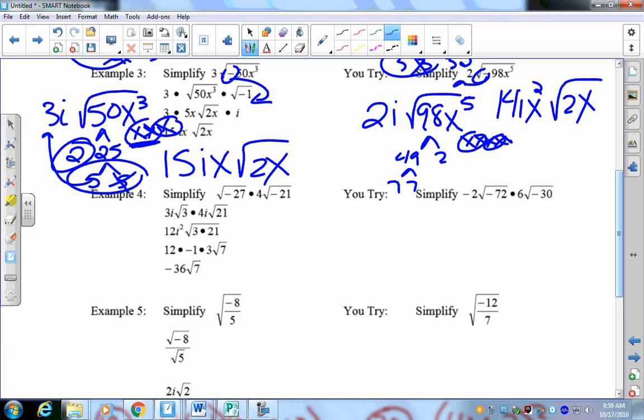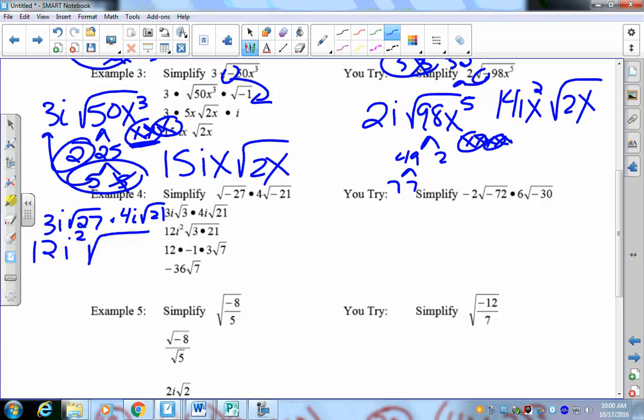It will make a huge difference if you don't. Okay, I cannot just simplify numbers under a radical when there's a negative. So I first need to deal with my i. So over here, I've got the 3i square root of 27 times 4i radical 21. And then from here, I could simplify the radicals, combine them, and then simplify, or I can just combine them and then whatever. All right, but if I do that, I've got 12i squared times the square root of 27